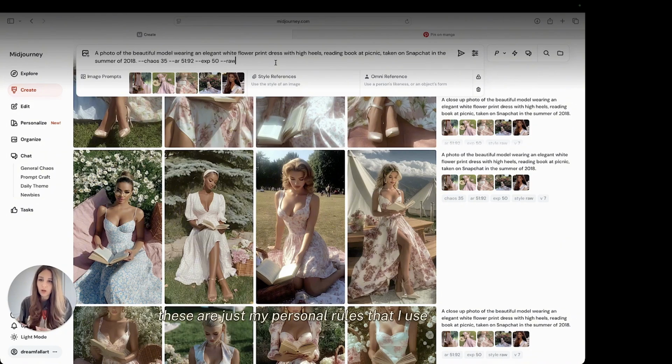These are just my personal rules. I don't really think too much about composition and all this artistic technical stuff. People sometimes ask me, can I create these videos if I'm not an artist? I think yes, because it's only up to you.